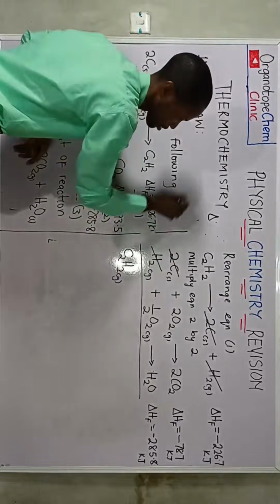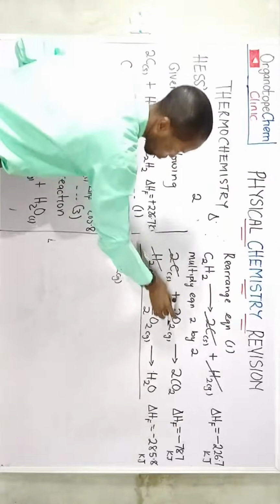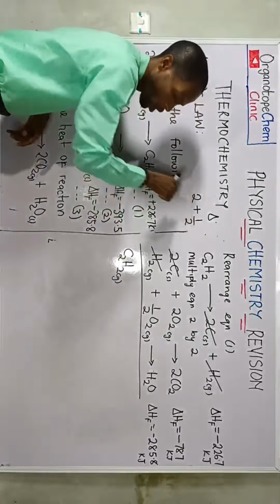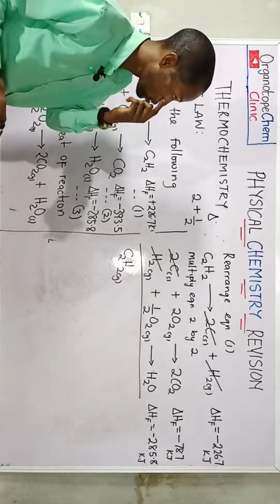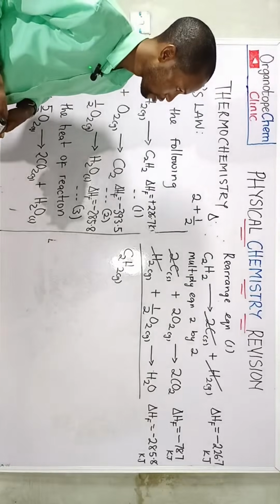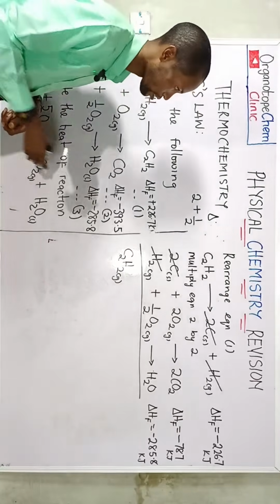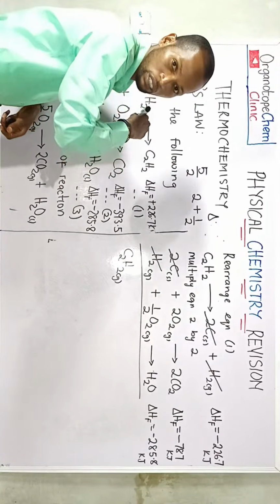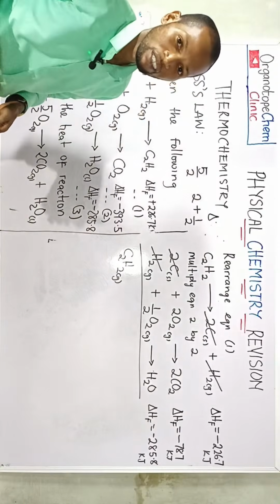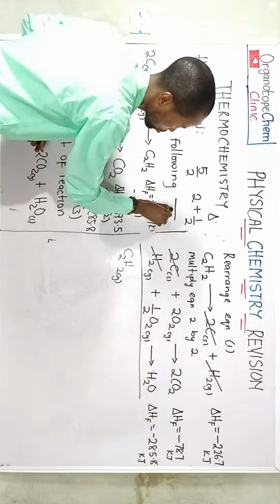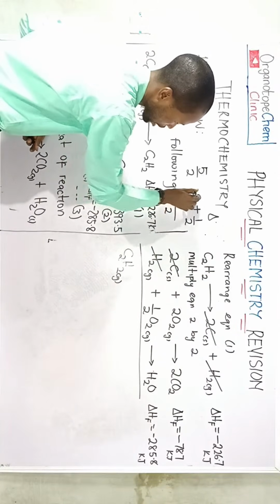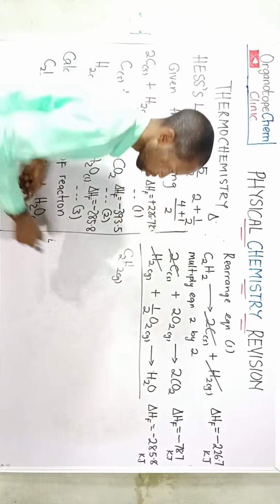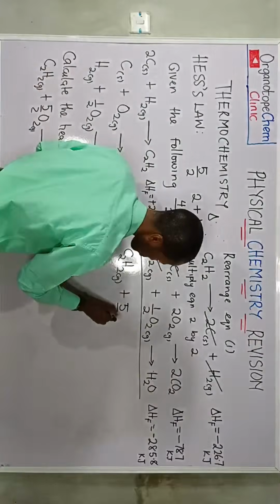Can you help me to add this? I'm having 2 as the coefficient of oxygen right here, and I'm having half as the coefficient of oxygen right here. 2 plus half, that's 2.5. 2 whole number 1/2. Is that correct? No, it's not. That will give us 5/2. Is this still the same thing? The LCM is 2. Now 1 into 2, 2 times 2, 4, plus 2 into 1, 1 times 1, 1. So that's 5/2. We have 5/2 O2